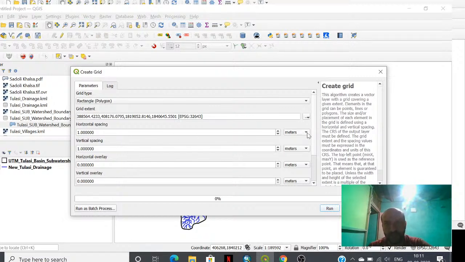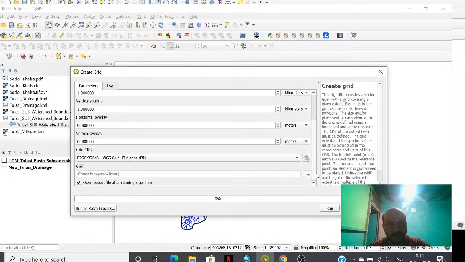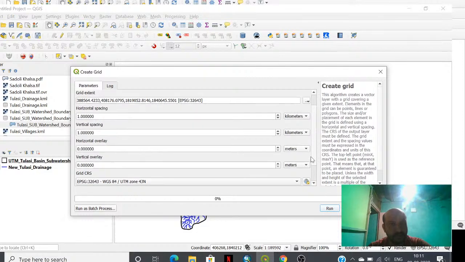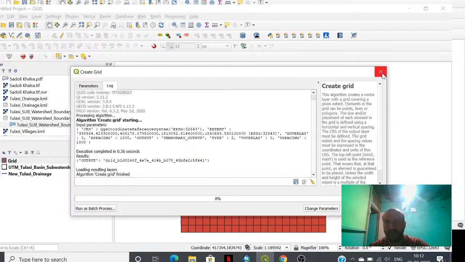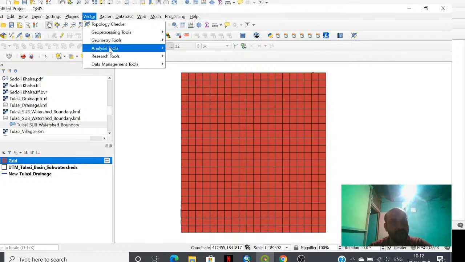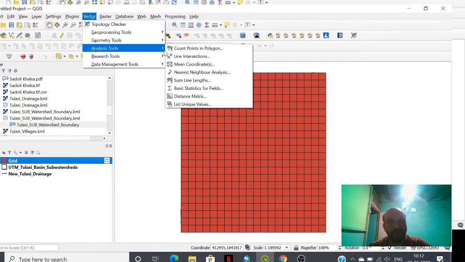As we know, drainage density is nothing but the stream length per unit area. So the unit area is a 1 kilometer by 1 kilometer grid. That's why I have selected kilometer here and 1 here. Okay, then it will go into a temporary layer. It is created. Then after that we need to compute the stream length within each and every